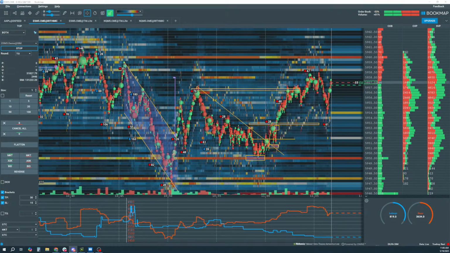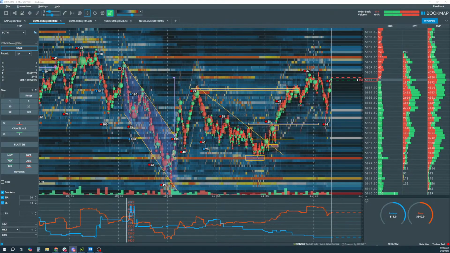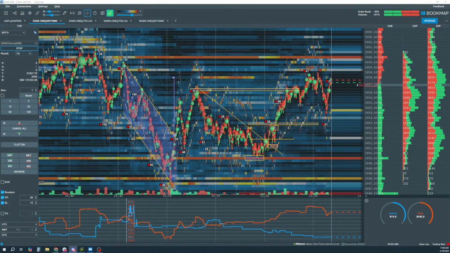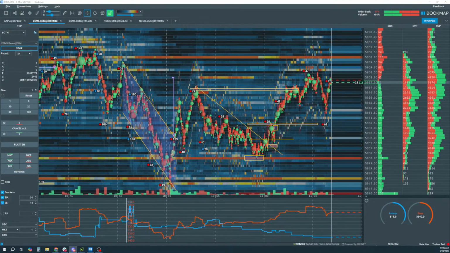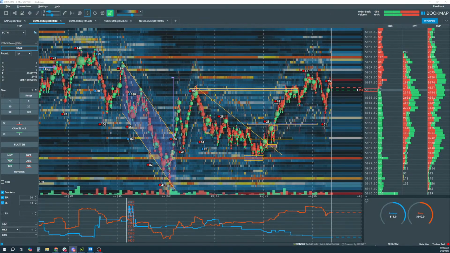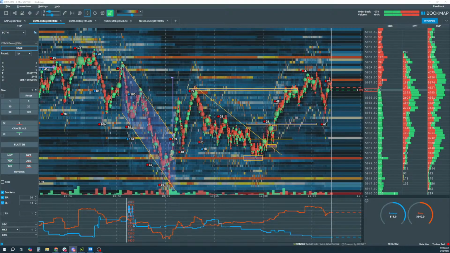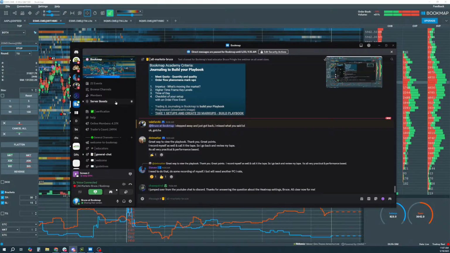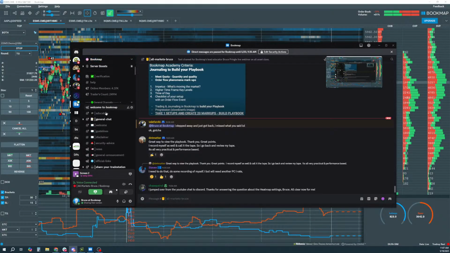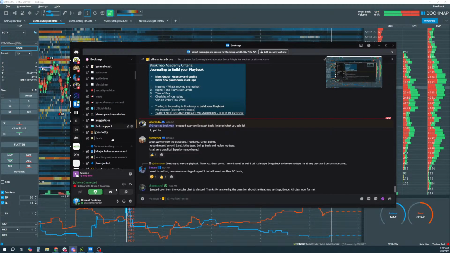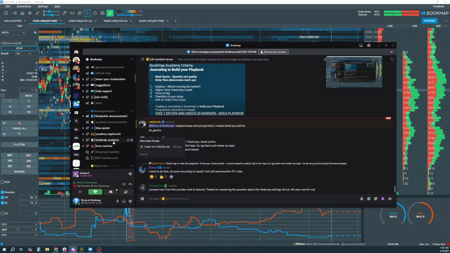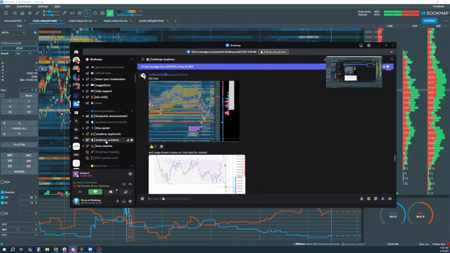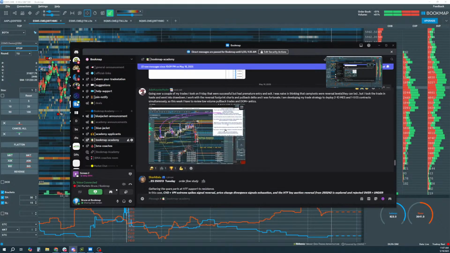Okay, Chase Patrol, you're over now in Discord. Excellent. You jumped over. Okay, it's all clear and it worked. Okay, good, good. All right, so you're looking at the same heat map then. Let me show you here the Bookmap Academy. Just jump over to it quickly. Let me show you where it is. You go to Bookmap here, and then you scroll down a little bit, and you can see general, divider here, and then Bookmap Academy is the next divider. And you can just click on Bookmap Academy right here, and then you can go through here and look at